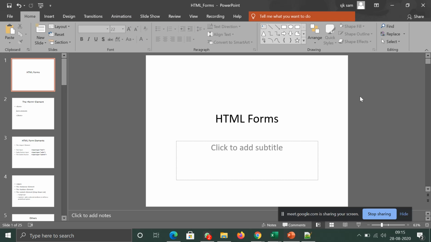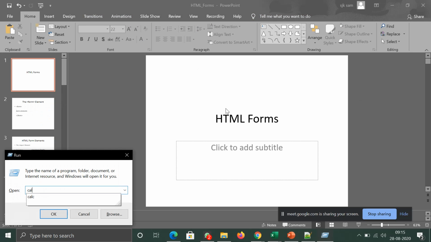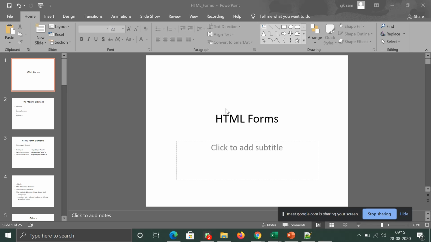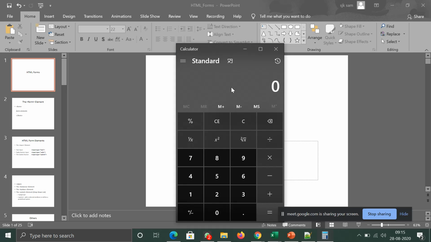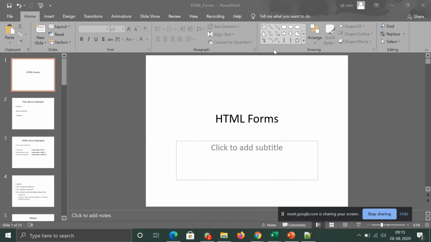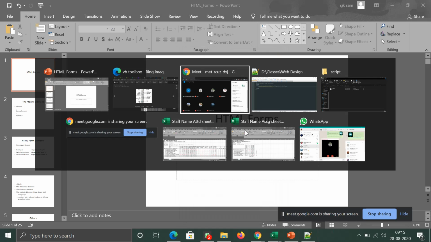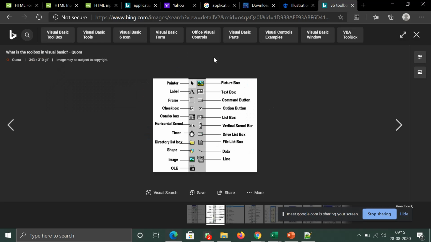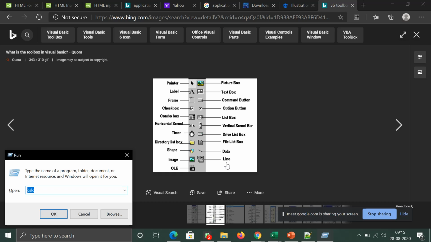If you look at any Windows application, like for example calculator, it has a text box, a bunch of radio buttons over here, certain options here. So wherever you go, this VB structure is placed everywhere. So what actually is this?